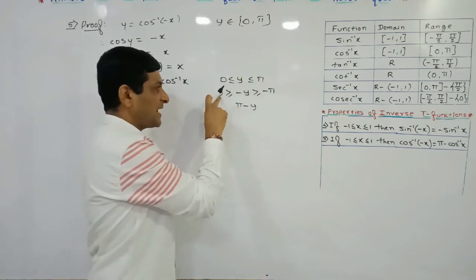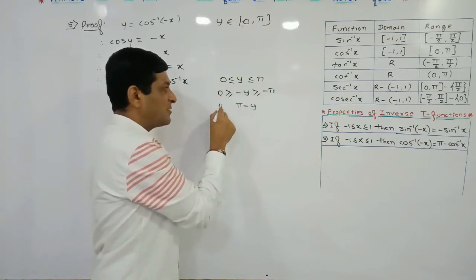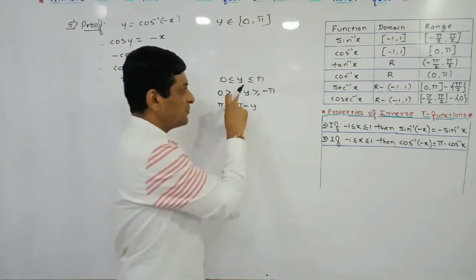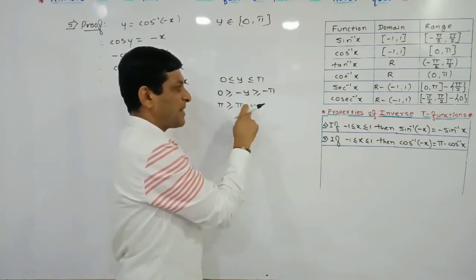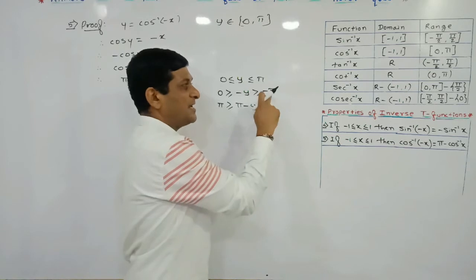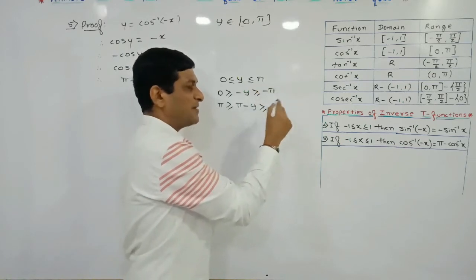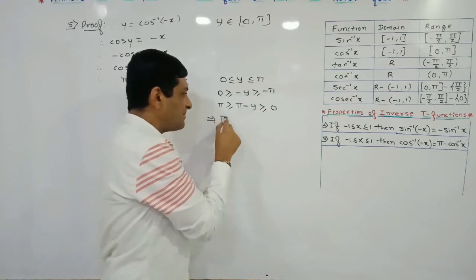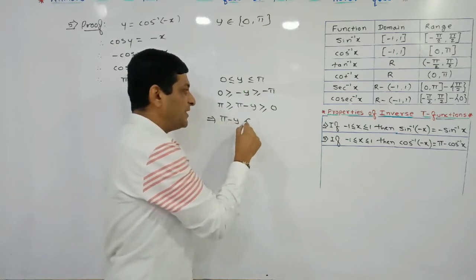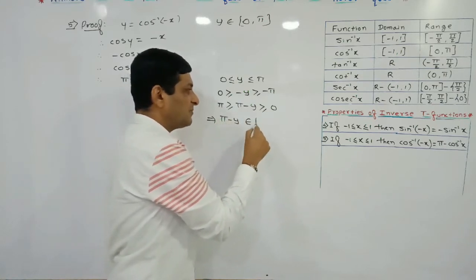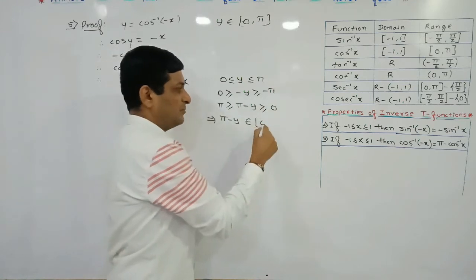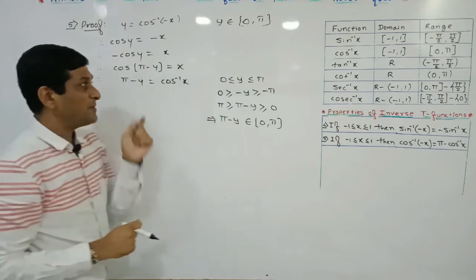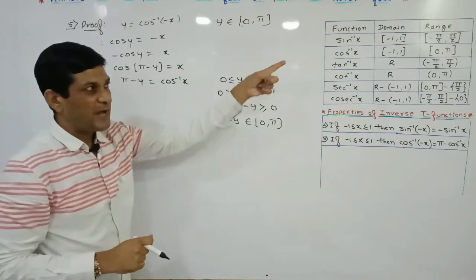So let us add pi here. If we are adding pi, 0 plus pi will become pi. And here we will get pi minus y, and adding pi here, minus pi plus y will become 0. So what we have proved here is that this pi minus y belongs to which interval? 0 to pi. So we have proved that pi minus y belongs to 0 to pi,